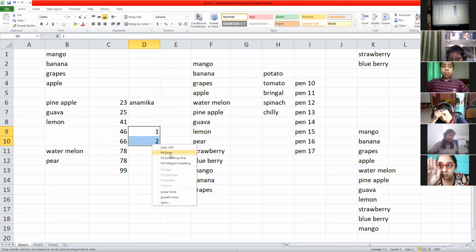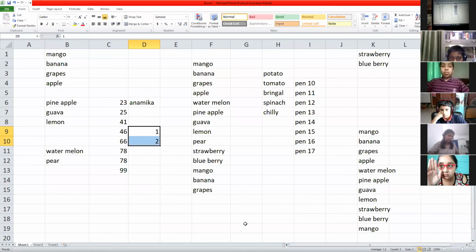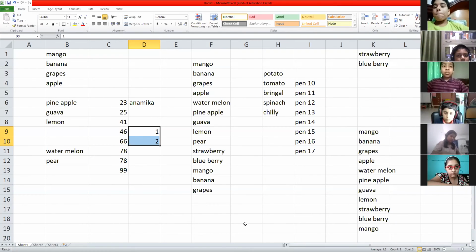Don't choose this option. Reason is not required. If, as I'm dragging, it is not happening in your system and you want that particular area to be filled with the series, only at that moment will you choose that option. Only then will you opt for this option.